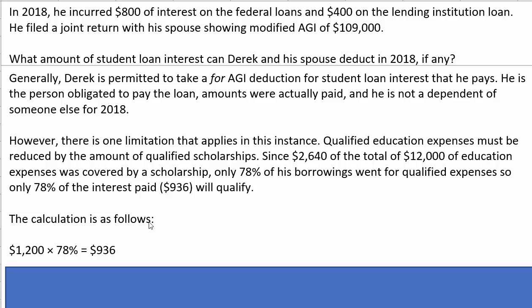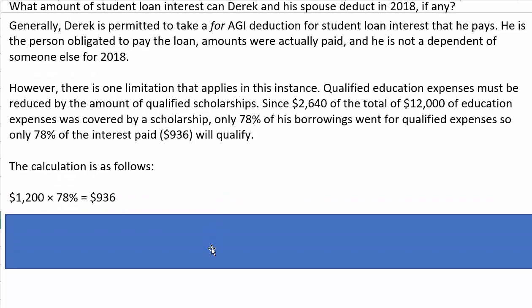You take 78% times $1,200, and that's how we come up with the $936. And remember, the $1,200 was the actual interest that he incurred: $800 on the federal loans and $400 on the lending institution. Okay, now,